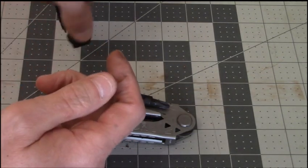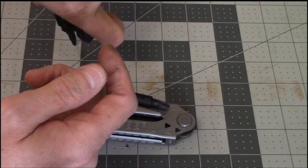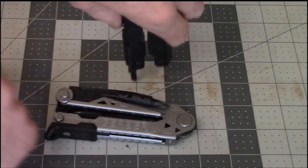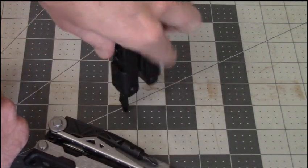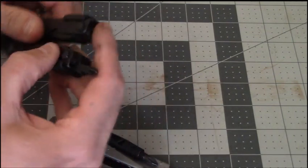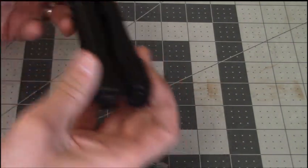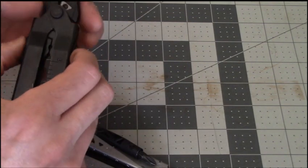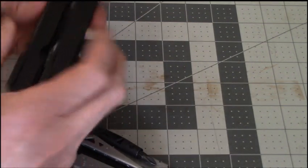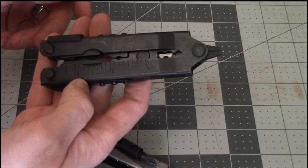A screwdriver you can just kind of spin. It's a little awkward with being off center, and that's kind of been my complaint with most multi-tools. I'm a mechanic, so I use tools all the time, and even if I had one of these in my pocket, I would typically go to the toolbox and get a screwdriver, just because